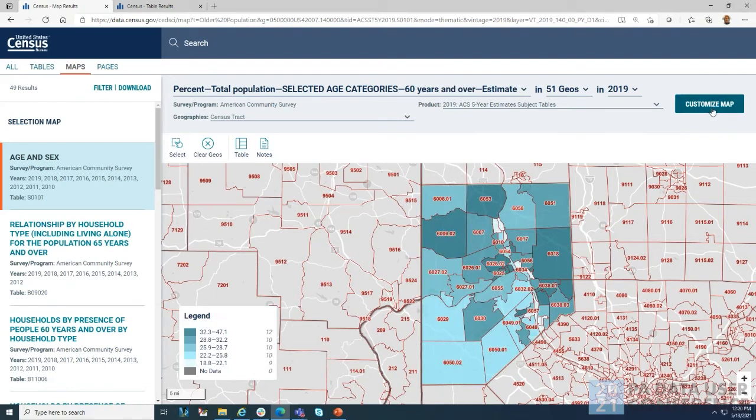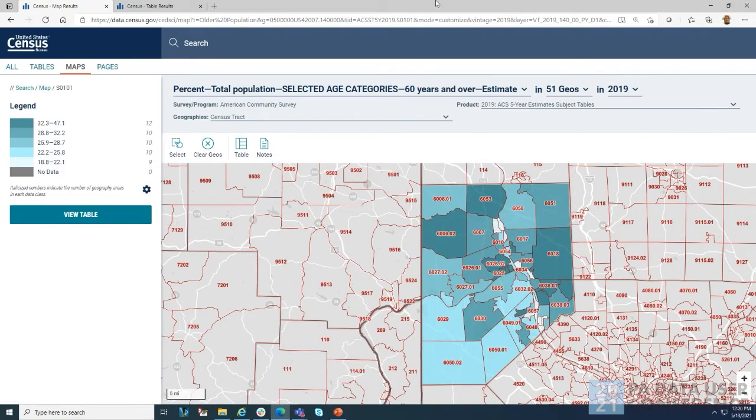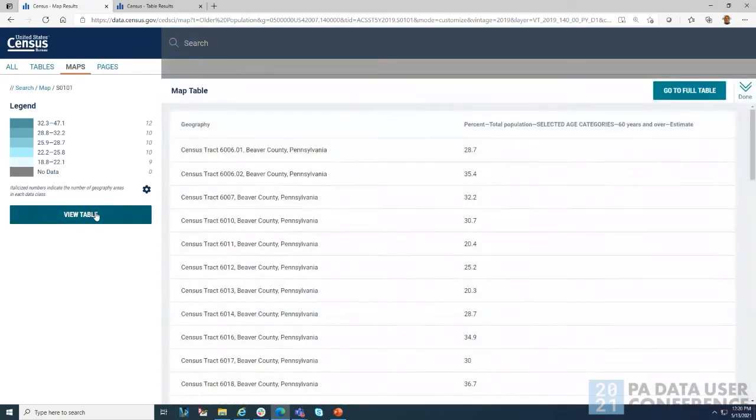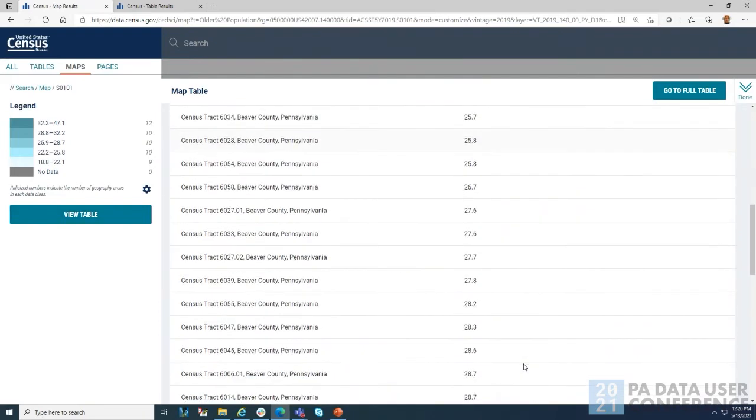As it's populating, I like to customize the map sometimes, because one really nice thing is when you're looking at one estimate across geographies, it's really nice to then view the table and see it in a table display. We don't have the MOEs, which I've been hounding them about adding, but it is nice that you could put them in somewhat of an order so that you can see.